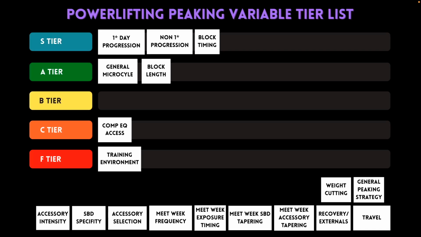Yeah, I think we can classify the whole recomp process within weight cutting as one variable. We can also probably separate them, but yeah, I agree. If you do the weight cut concept horribly, or if you just starve yourself the week of the meet, well, there you go. There goes every other variable that would peak you into the meet otherwise. That's crucial. So I can see an argument for this to be placed anywhere, depending on how you cut into the meet. But if you do it in the dumbest way possible, like I'm going to eat 1,000 calories less for the final 3 days of prep because I'm heavy, there goes your meet. You will not come in peaked.